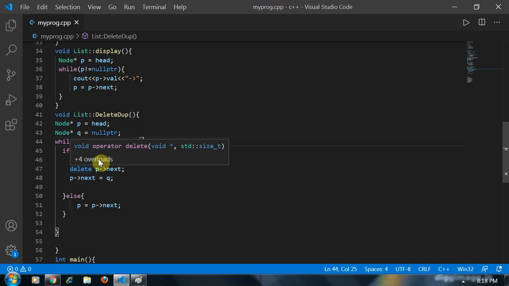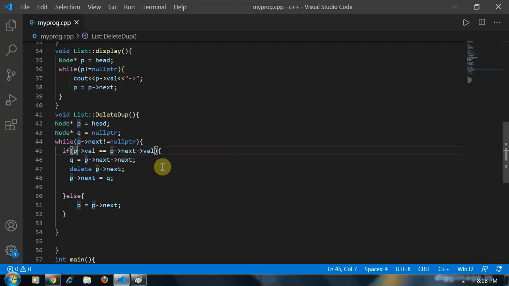Then I am checking if the value of the current node is equal to the current's next node. If it is, then Q will hold the address of the next to next node.